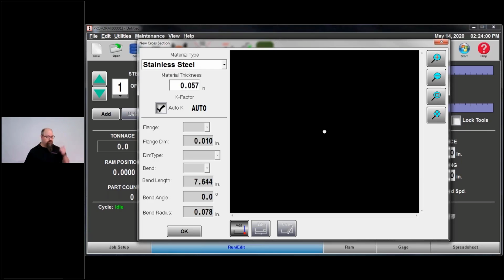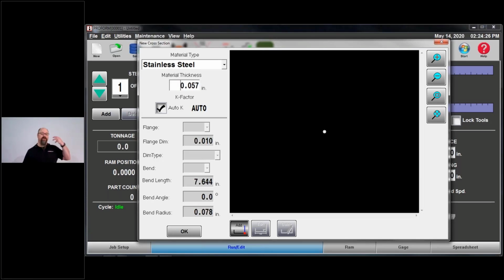The guy who writes that has probably forgotten more than I've ever known about bending metal. I see a lot of good information in there. Our default settings for Auto K match their general recommendations, so I would just leave that at Auto K unless you have a reason to change it.